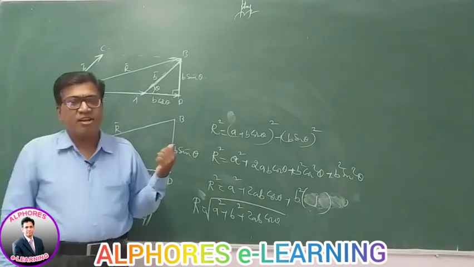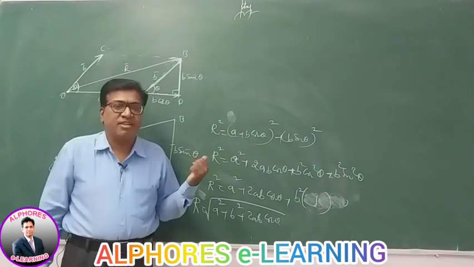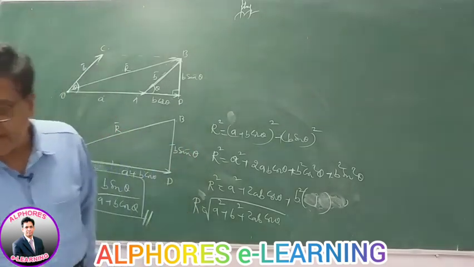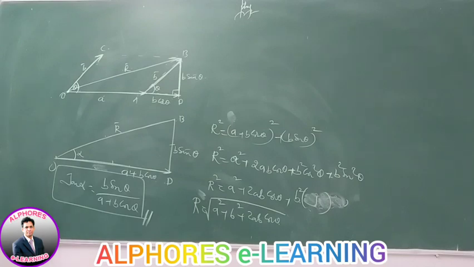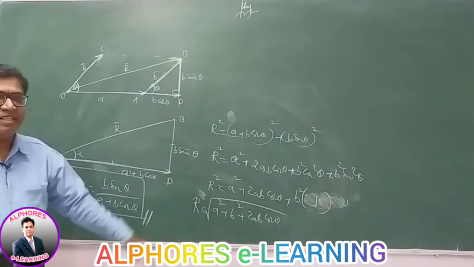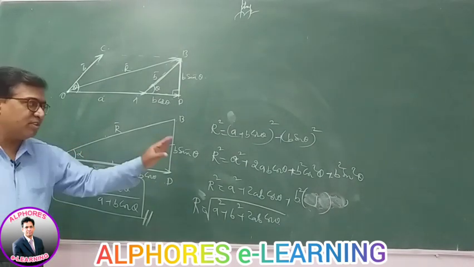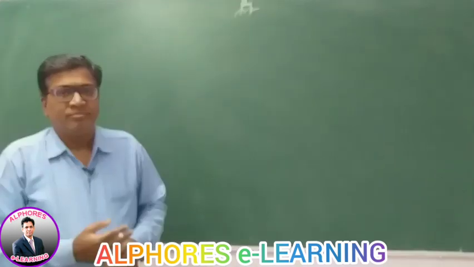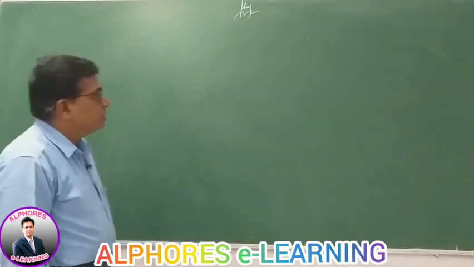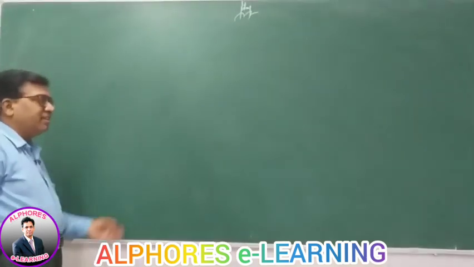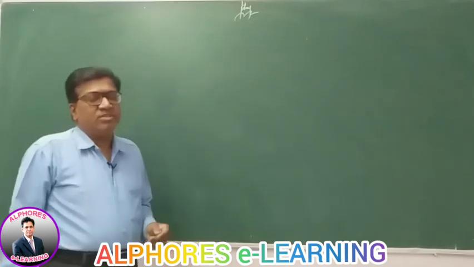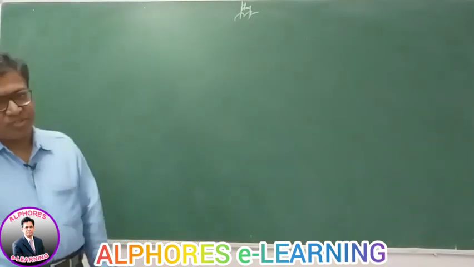By taking the components of the vector, you can prove the formula like this. Earlier we proved it by diagram; right now we are proving it by the components method. This way also you can apply the parallelogram law of vectors. So this way we have found the resolution of vectors. You can split the vector into components, and using the components you can find the resultant also.